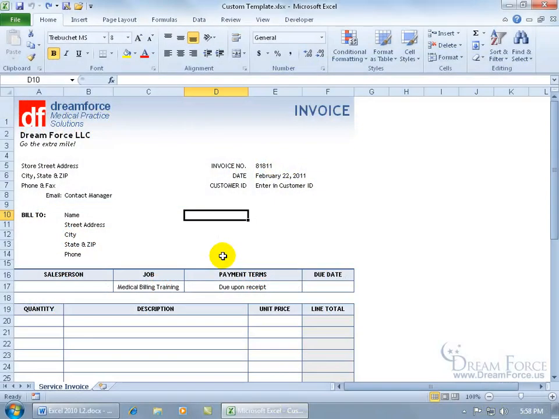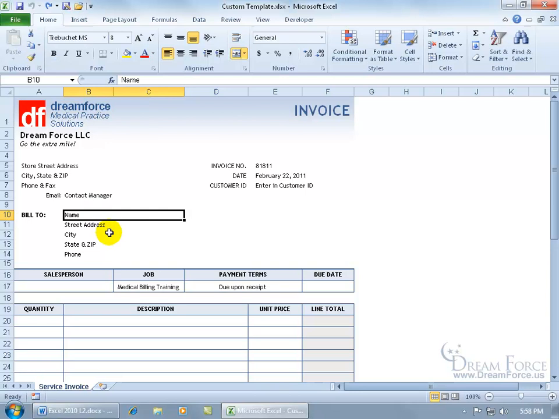To create a custom template, all that means is that if you have a workbook, or in this case I've got an invoice worksheet that I want to use over and over again, instead of actually using the original, I want to make a copy of it and update the copy, because each time we bill somebody, we're going to use a different invoice. Instead of regurgitating the same invoice and going, oh, that's right, we billed this to somebody,